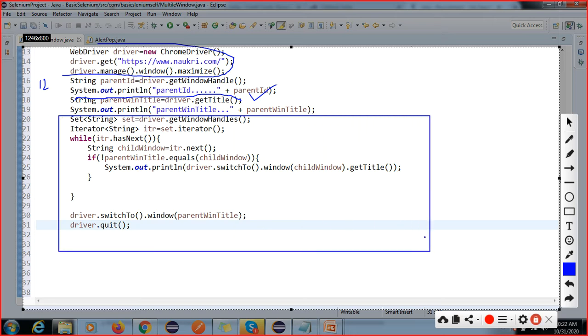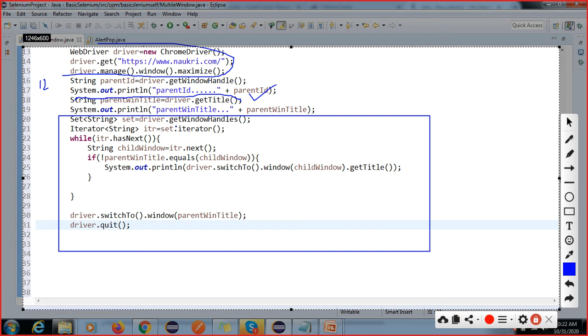So what will happen, the Selenium people have developed one method that is called getWindowHandles. getWindowHandles will capture all the IDs which are present, including the child window. The return type is Set. Set is a collection.